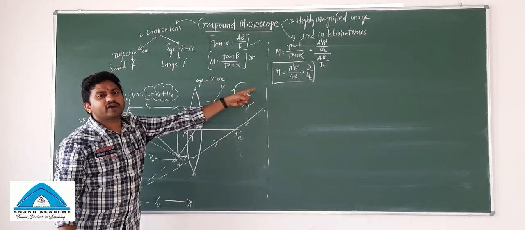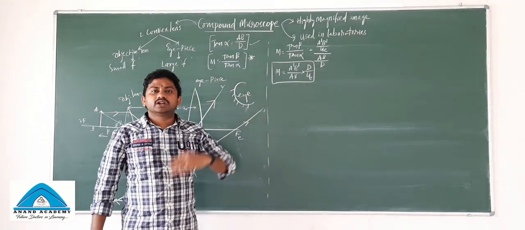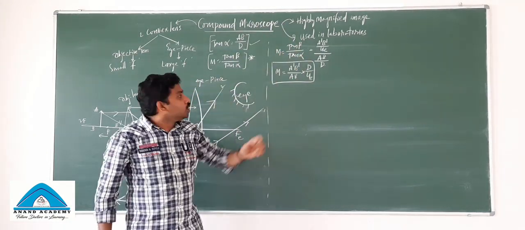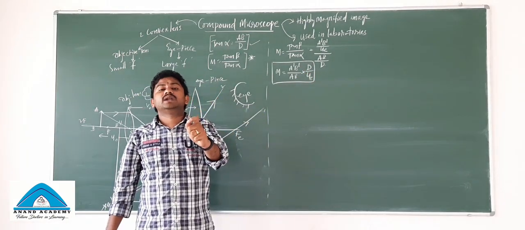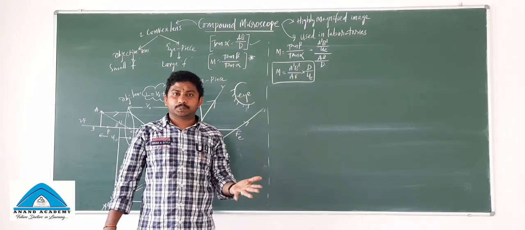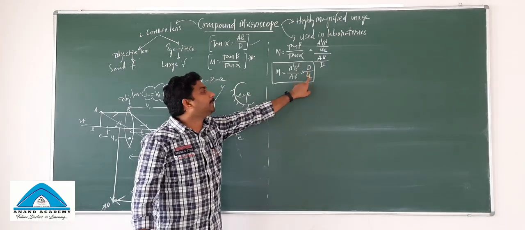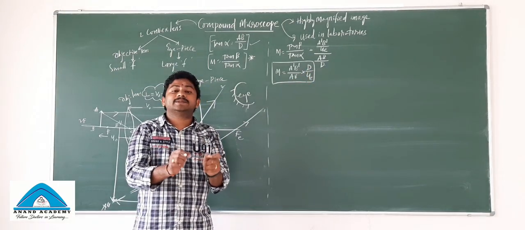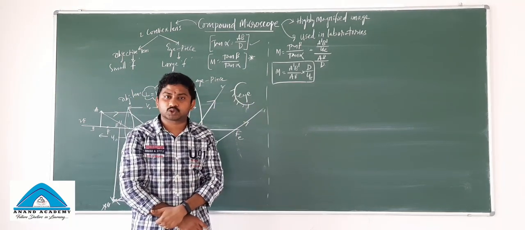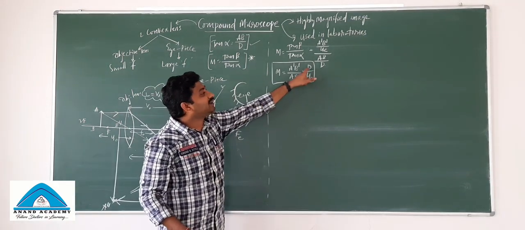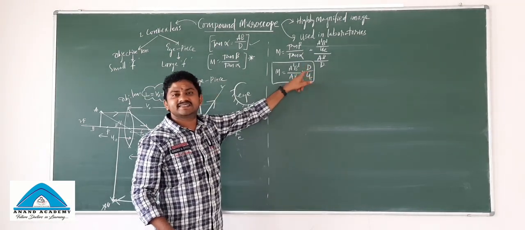Your magnification, you have got it as D by UE. What is D by UE? Try to recollect from the simple microscope. So D by UE is the magnification formula for the simple microscope. Before going into the cases, we have got this expression D by UE is the angular magnification or magnifying power of a simple microscope. So that is from one lens, right? So that is from eyepiece.